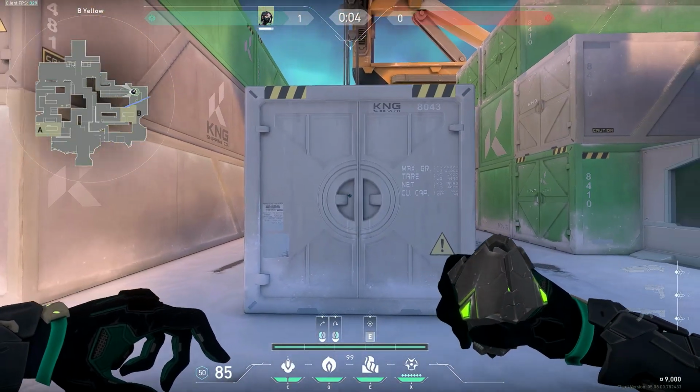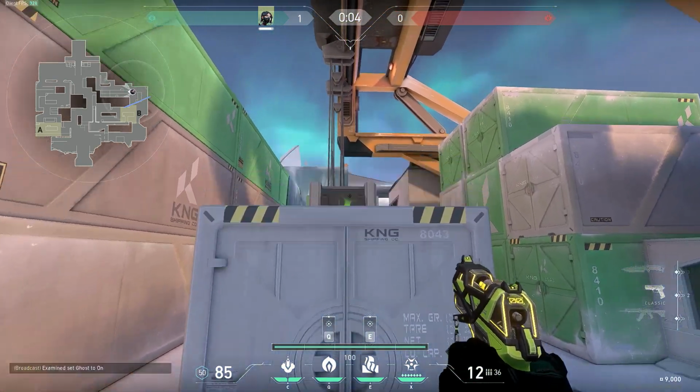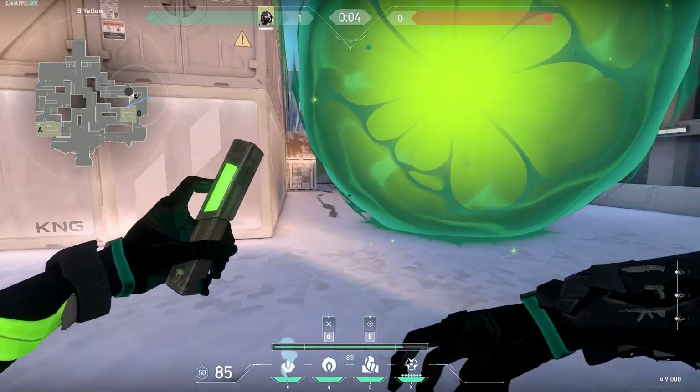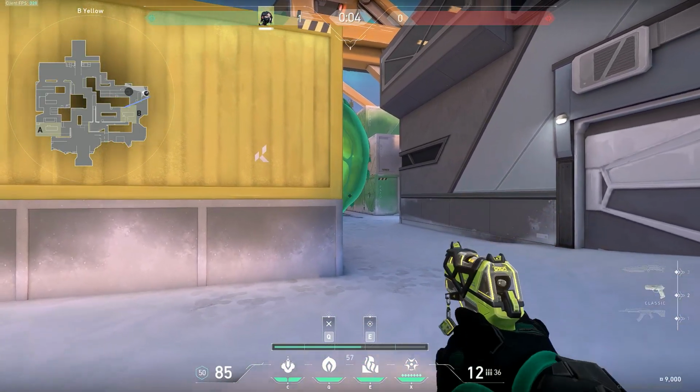To complete the defense on B site, you can optionally throw an orb on top of this crate in B main. With an orb like this set up, you can easily delay the push on B even further. You can play around it like it's a one-way,